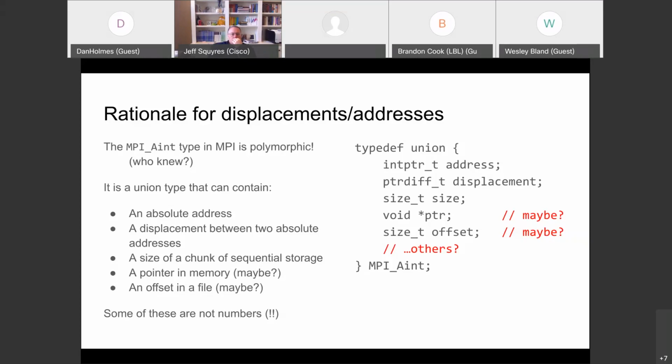You can't do any operations on it and rely on them, but you could access that address or copy it somewhere else. But if you stored an address into this Aint, you can't then access it like a displacement or a size, because those interpret the bit pattern as an integer, as a number, and that's not what's stored there. And so this causes all sorts of trouble.